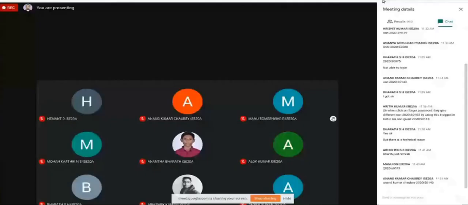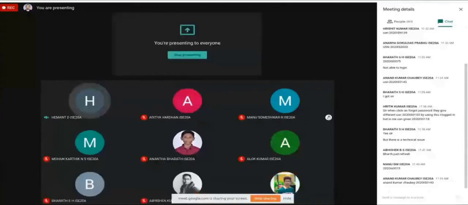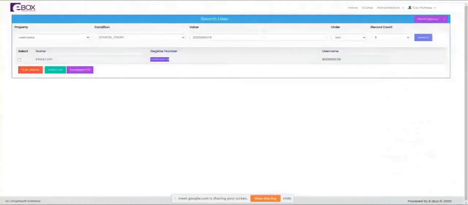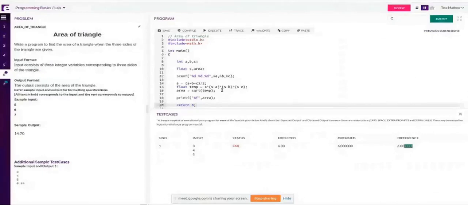So you have to use printf. Not short, I'll come to that. Short is basically for integers. Now we are dealing with floating point numbers. Only in the displaying part of my answer there is a problem. After the decimal point, I need to print only 2 digits, but I was printing 6 digits by default. So that is the issue there.